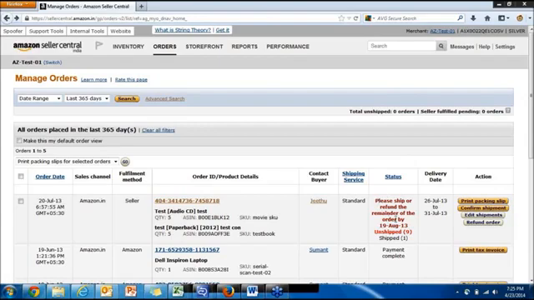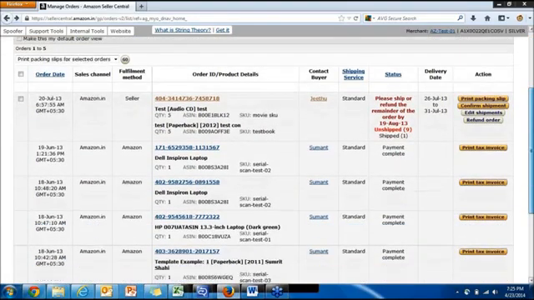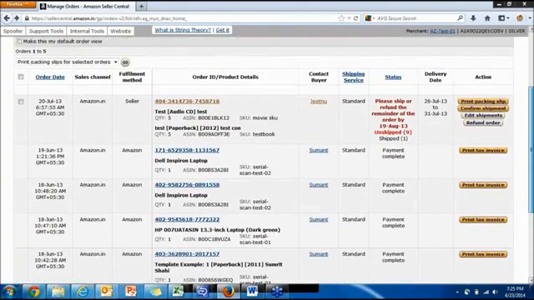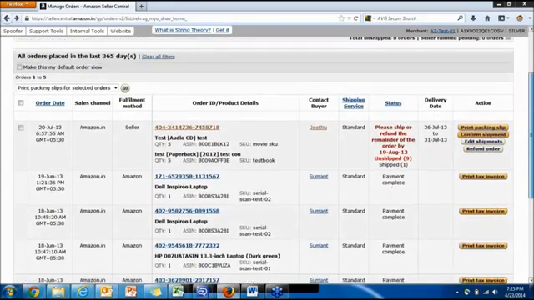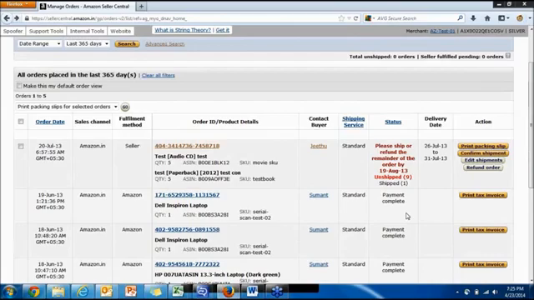So the status here can show you different messages. As you can see, for some orders you see the status as payment complete. For the first order, you see there's a warning message that tells you that you have to ship the product or you have to refund the buyer by this date. So whatever be the status of that particular order, it will be displayed there.